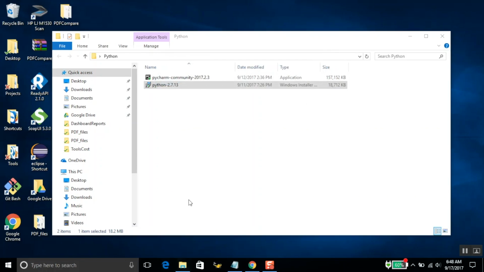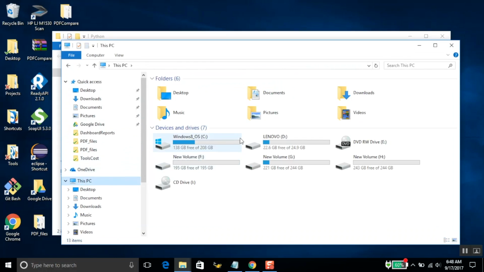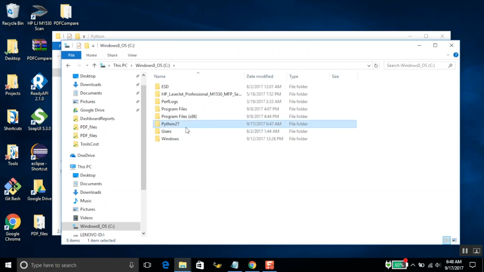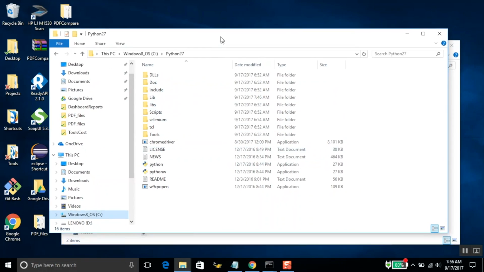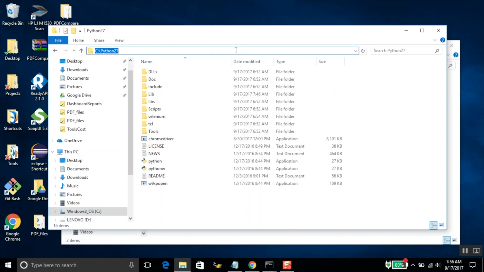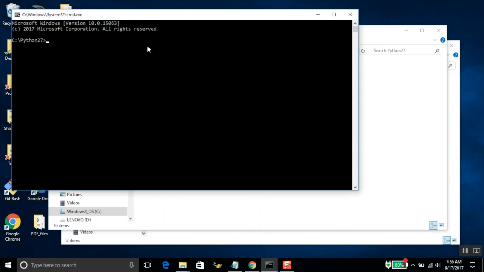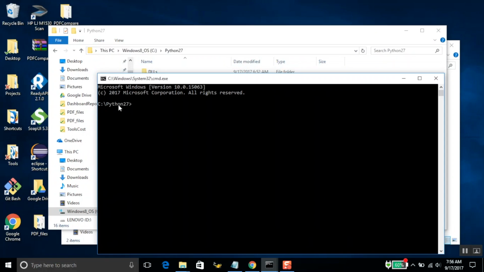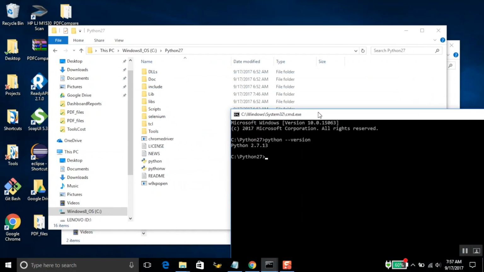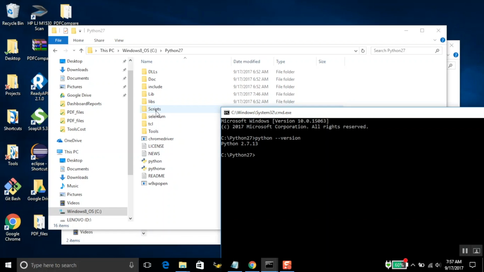And now, to validate, you can go to your C folder, and here you should get this Python 27. Now if you start command prompt on this particular location, I can directly go to this address bar and press CMD and enter. So this will start my command prompt on this location itself, and now I can say Python space hyphen hyphen version. This should show me the Python version,